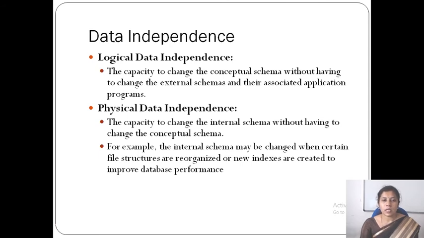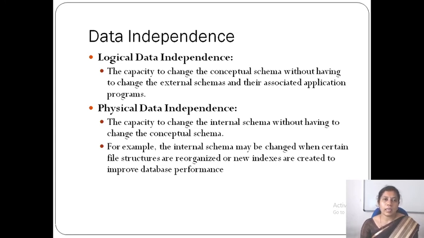Now in a simple way, logical data independence means you have an application where you are fetching only name, USN and department. Actually in the database I have more than those three attributes.